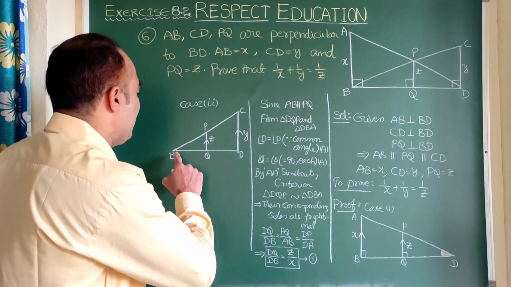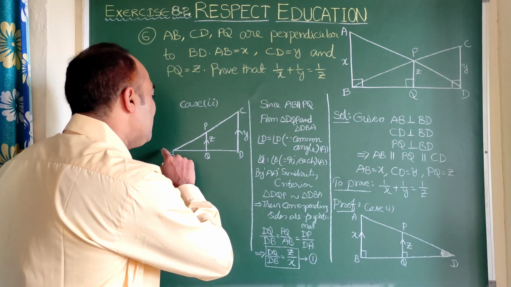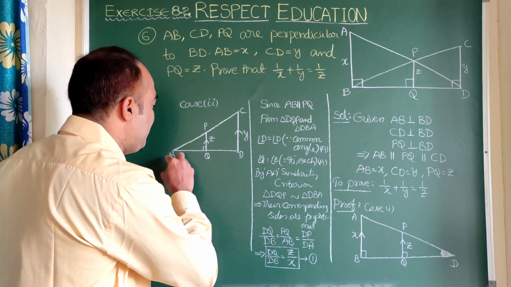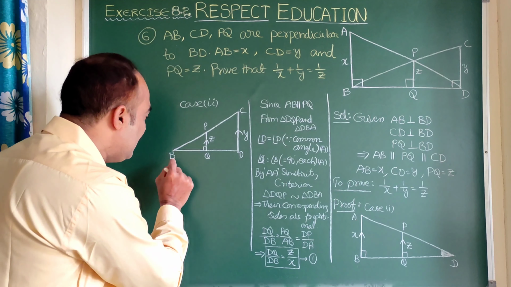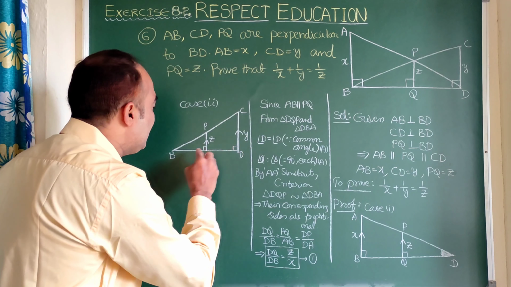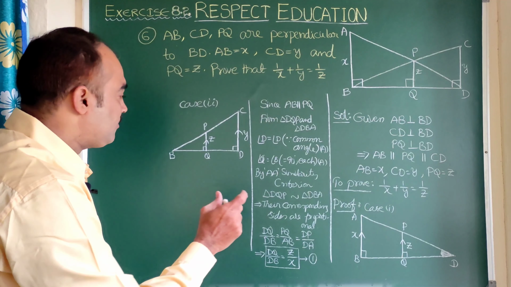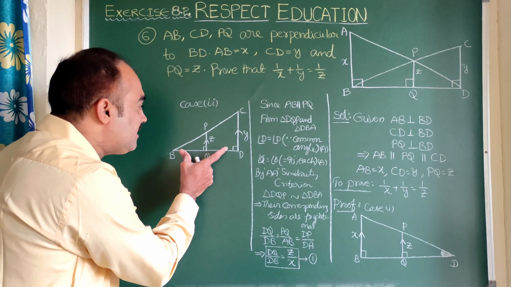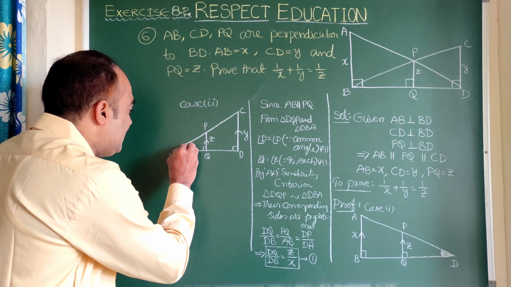Now let us compare the smaller triangle BPQ with the bigger triangle. Here you can read this triangle as BQP because angle Q is 90 degrees. Let us write this in the middle. So triangle BQP is similar to triangle BDC, right? Here I would like to compare triangle BQP with triangle BDC, in which both are similar. Why? Because here angle B is common.